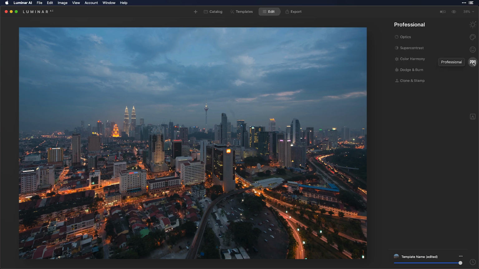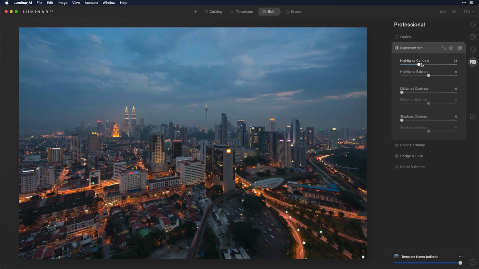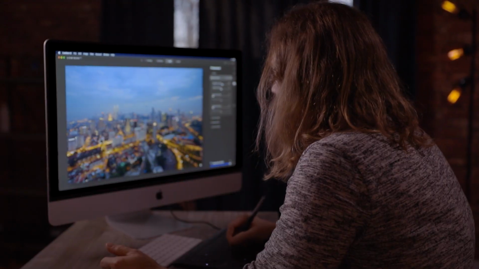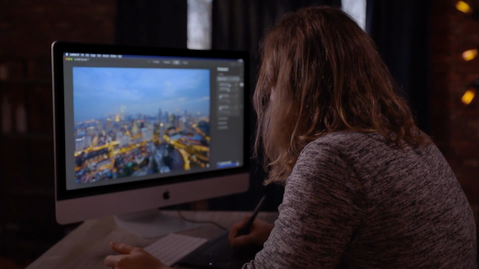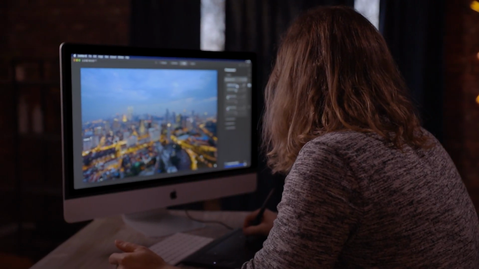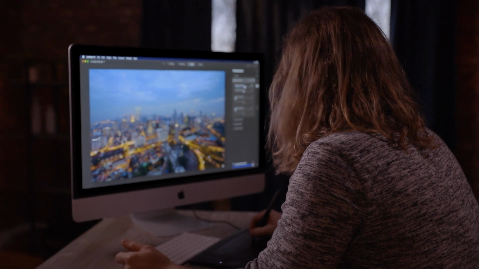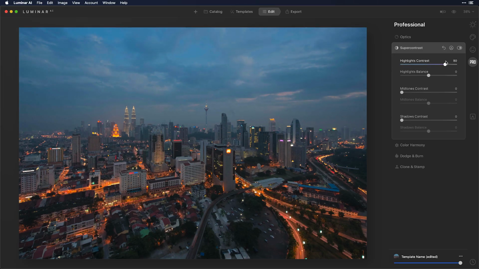If you click on the Professional tab and go to Supercontrast, we can specifically select the highlights and add contrast in the highlights. So not only does it take the intensity of the highlights down, it adds more detail within those highlights. So a simple swipe from left to right can mitigate the brightest lights and also cause more contrast